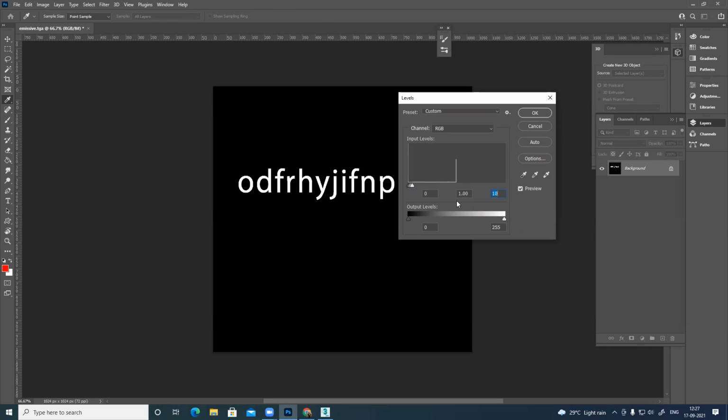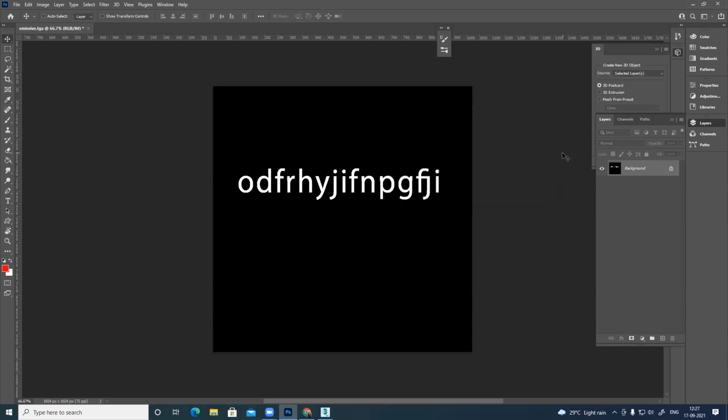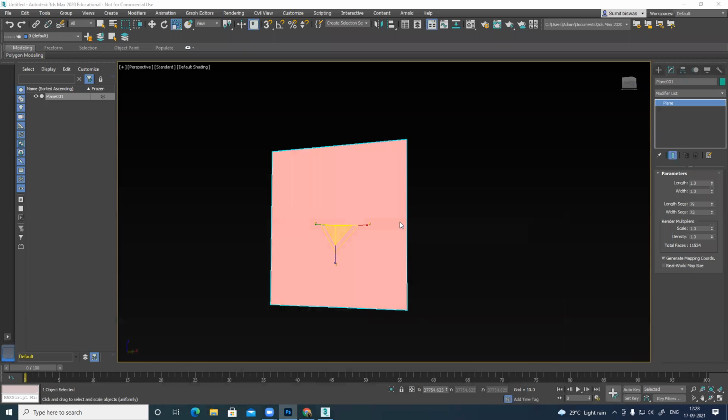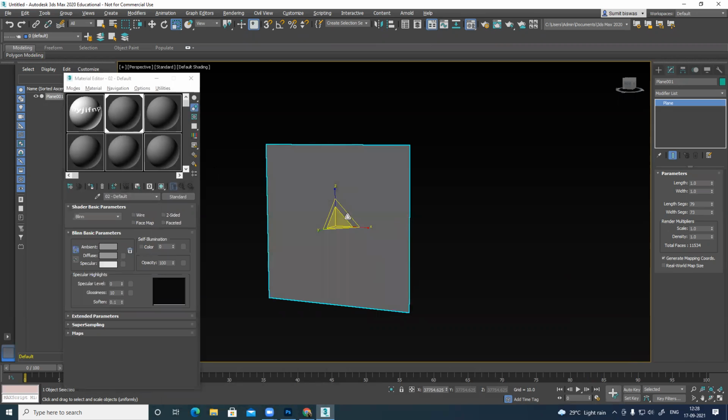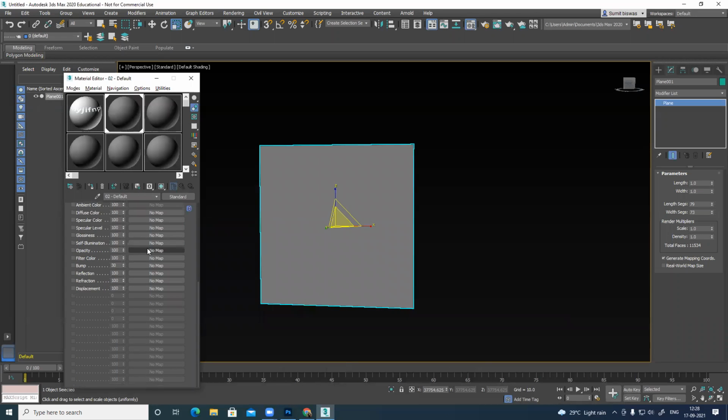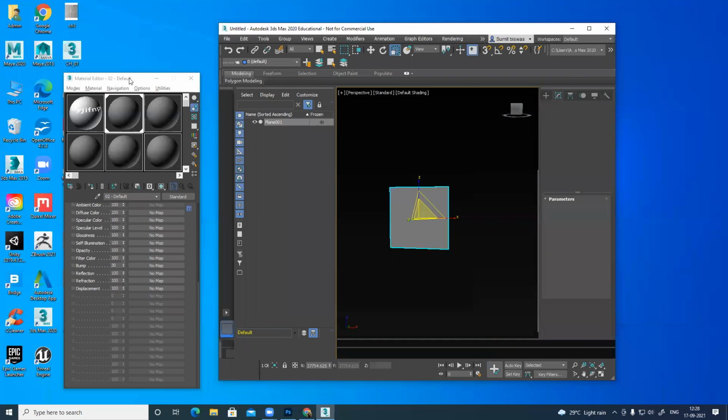Anything white will be visible, anything black will be invisible. So that particular map, whatever is white, that is 100% opaque, 100% no transparency at all. Black is 100% transparent. So if I save this file and if we apply this, just a basic default, maps, opacity, I'll drag and drop this map here.